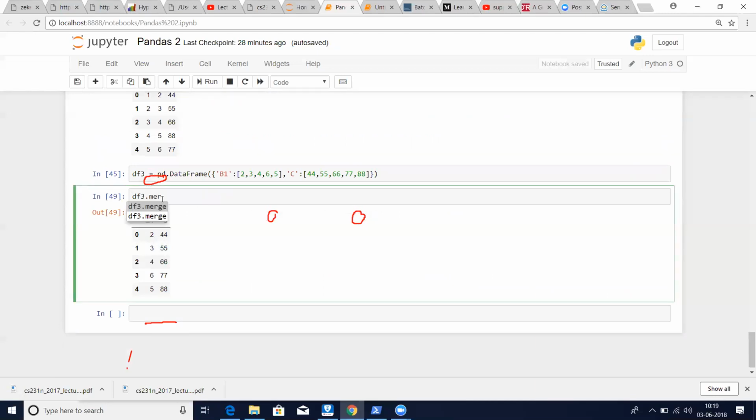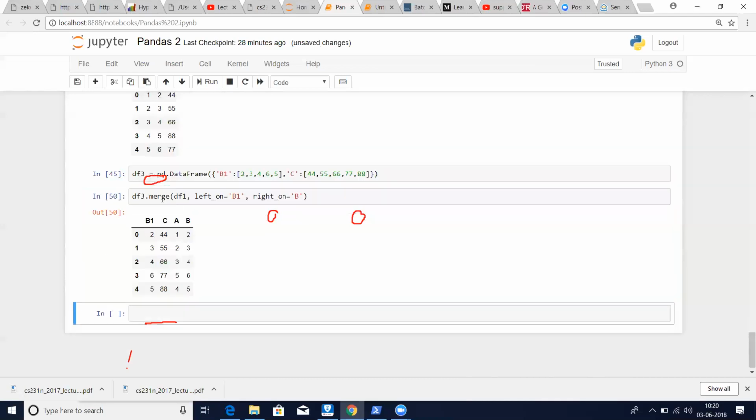Here in merge itself, there is one parameter. So df1, I think left_on, not on, left_on. The left_on for df3 is b1, right? And you have right_on, it is b. Now can you see this? It combined based on b and b1. See, values are same here. You notice this? And of course, after doing this entire operation, you can drop